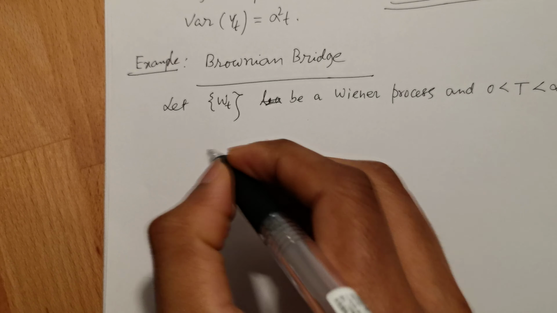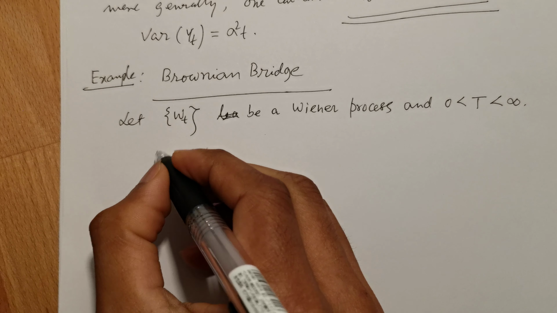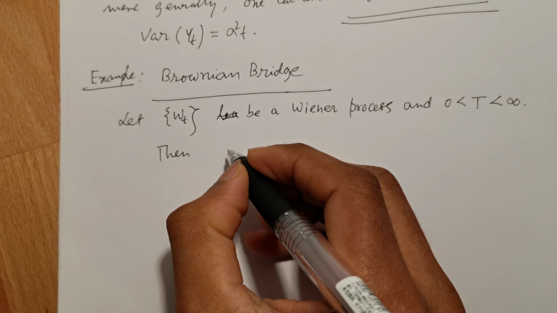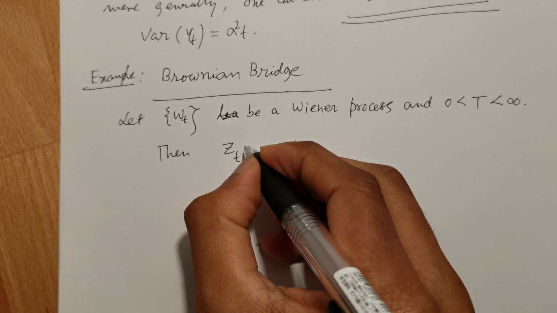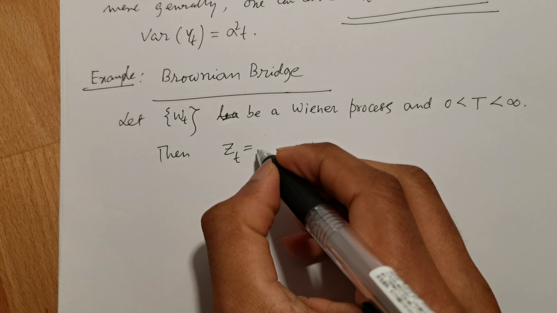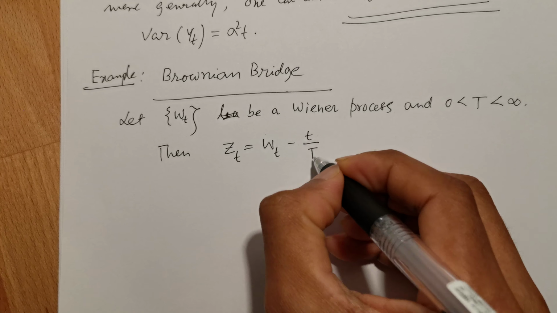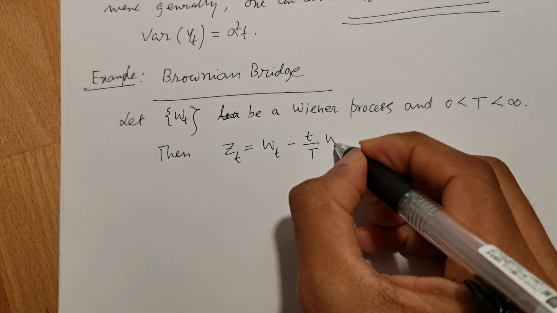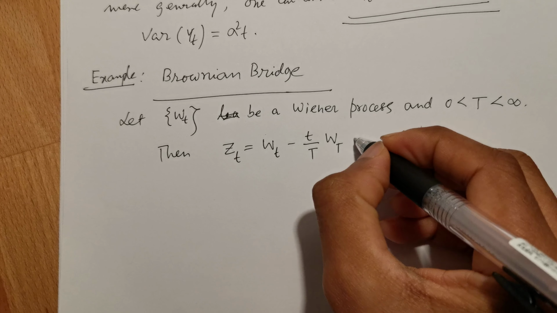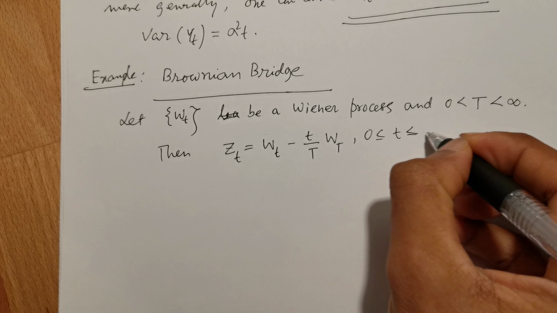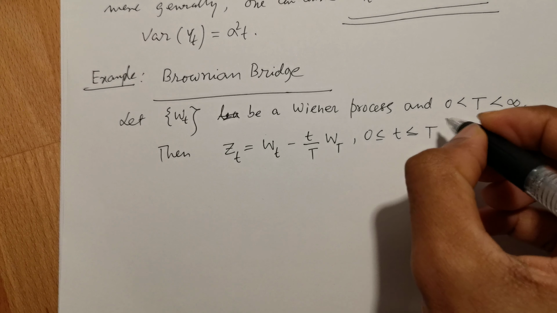Then the new process defined by Zt equals Wt minus small t over capital T times W capital T, for 0 less than or equal to t less than or equal to capital T,